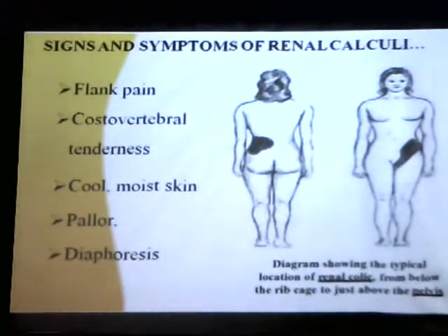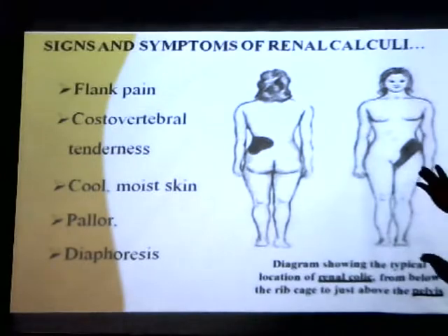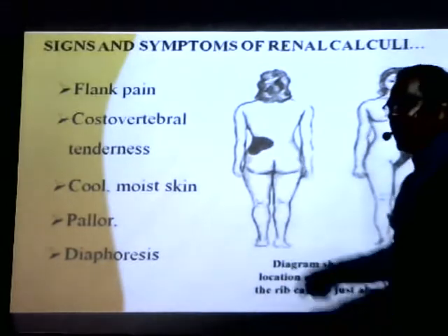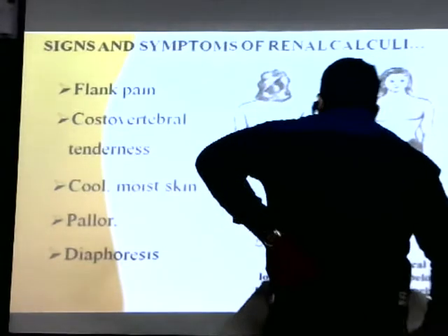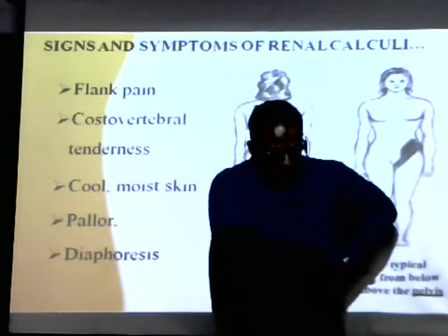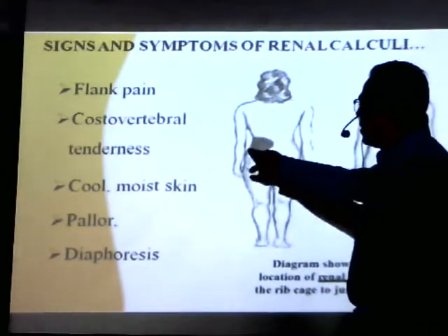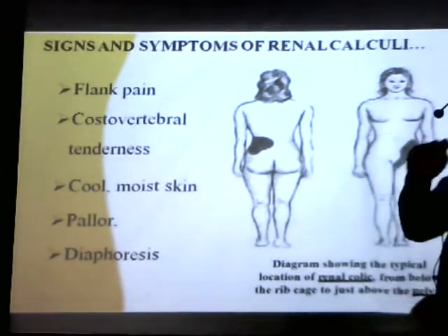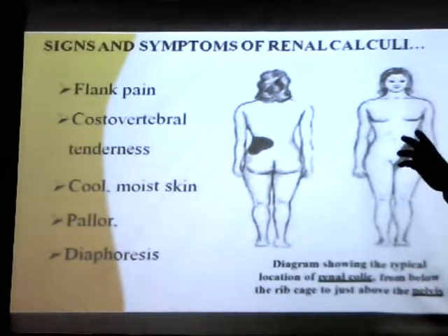Continuing the signs and symptoms, there is pain present in the flank region, and I have demarcated it with this black color, which shows you the area of pain. The patient might hold this way or this way to suggest that they have pain. This pain radiates from this particular region through the ureter tract. So you can see this was the flank region where the pain is present, also radiating wherever the ureter is traveling.